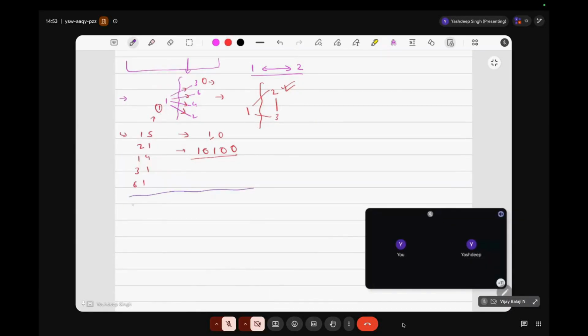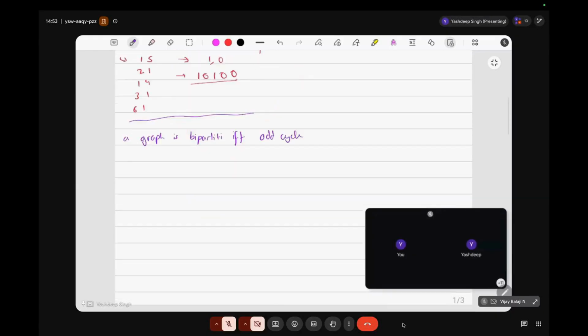Yeah. So a graph is bipartite if and only if it has no odd cycle. And why is this true? Because say if we have an odd cycle 1, 2, 3, 4, 5,